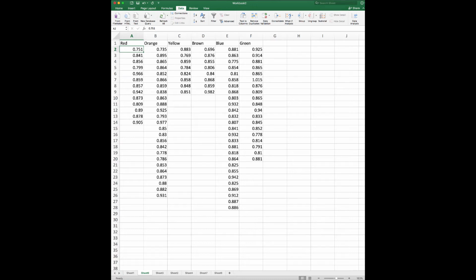To compare more than two groups, we can use the analysis of variance or ANOVA tool within Excel. What we have here are the weights of M&M candies sorted out by color. You notice that not every single candy color has the same amount of candies, which is perfectly fine for the